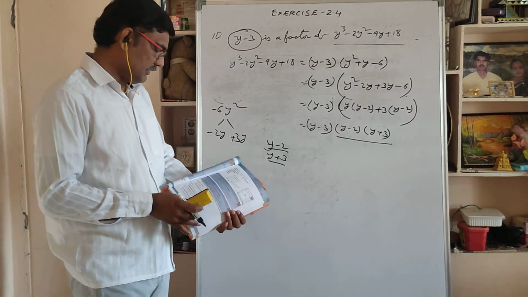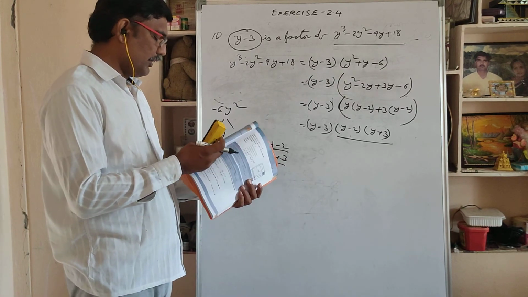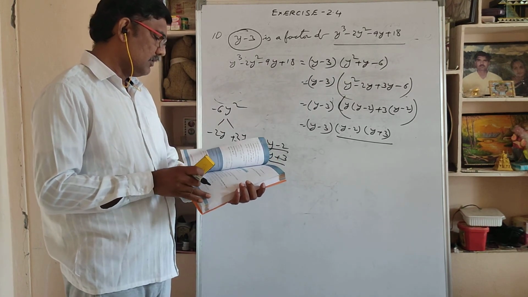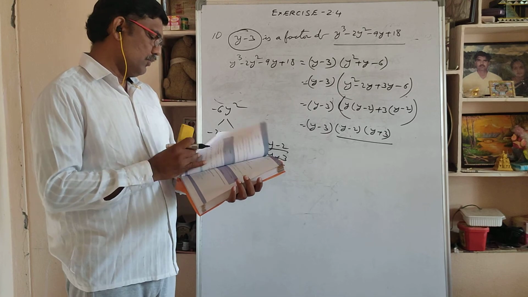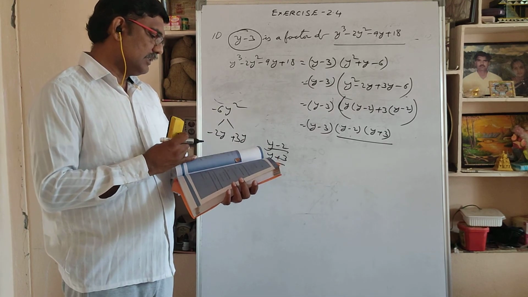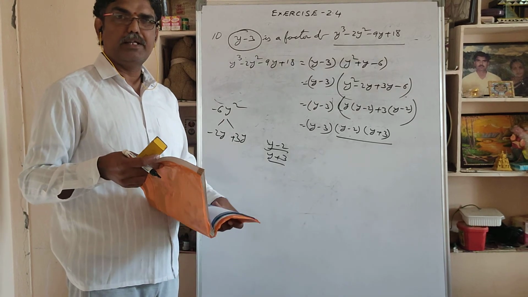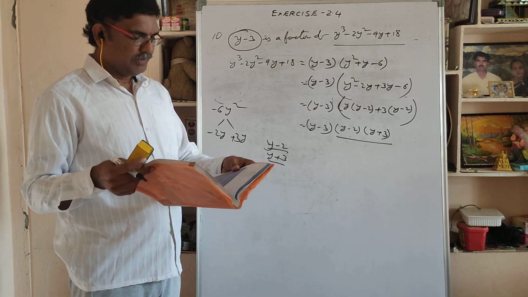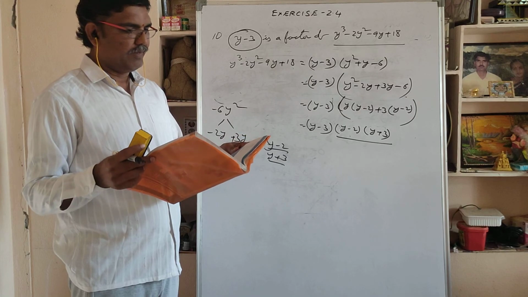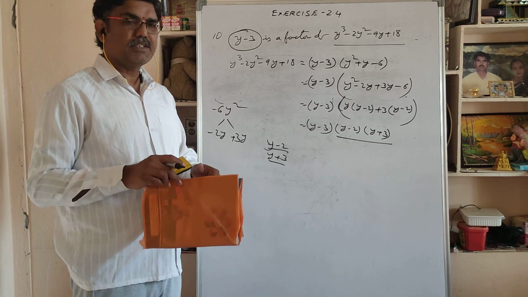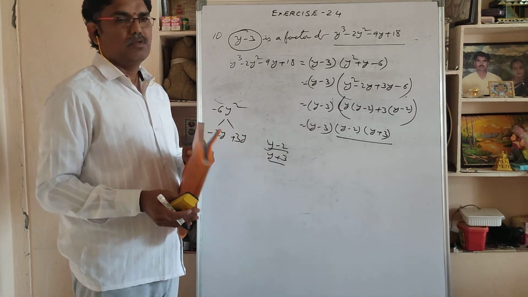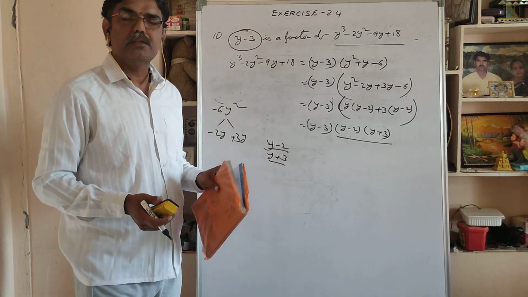Okay. Next, this exercise 2.4 is completed. Then before going to next exercise, better in 8th class you have some formulas, a plus b into a minus b, a plus b whole square. These all formula if you know perfectly, we can do exercise 2.5. So today practice this entire. Okay, thank you.